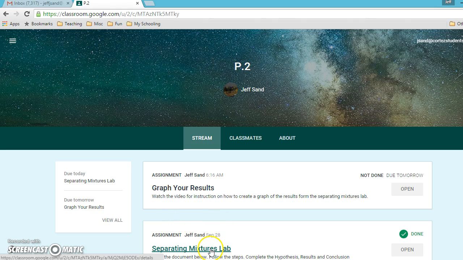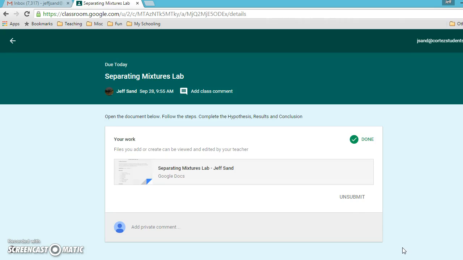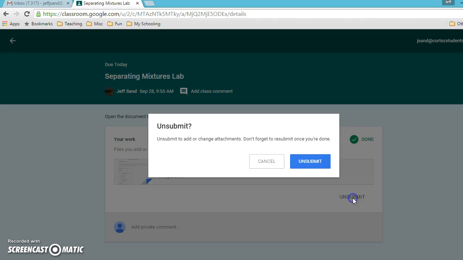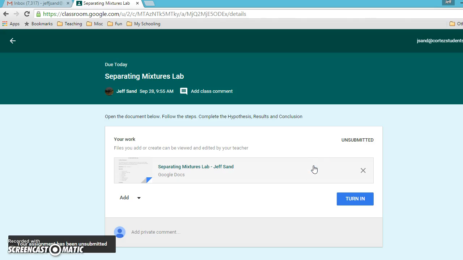First thing, let's open up our separating mixtures lab. So we'll click open. Because what I want you to do is, many of you will have submitted this separating mixtures lab. I want you to unsubmit it so that you can open it up and work on that document some more. So now that I unsubmitted it, now I can open it